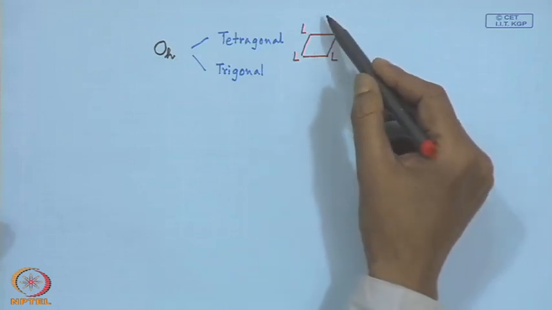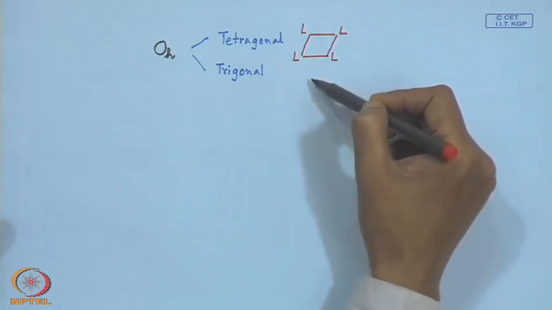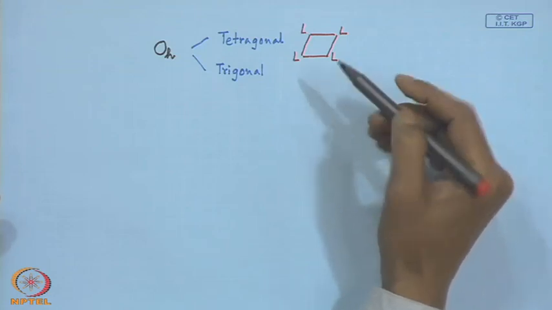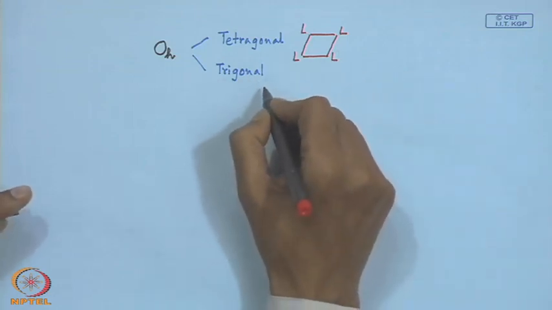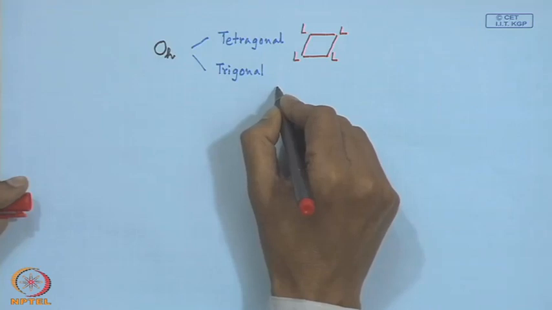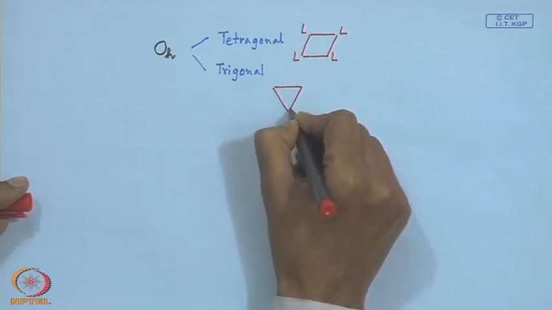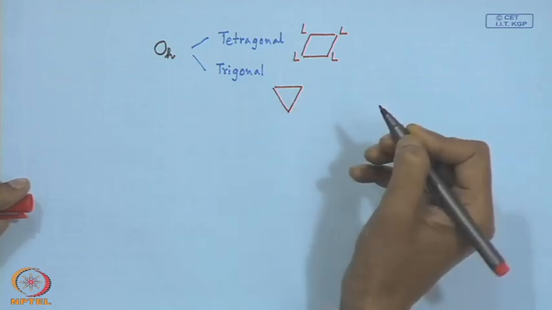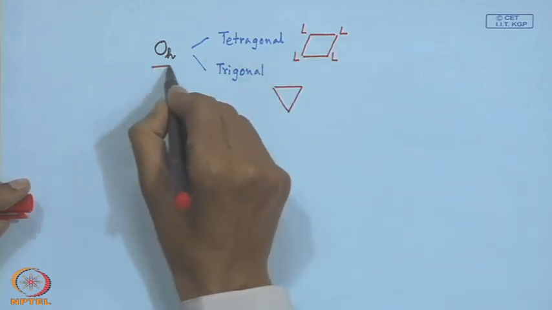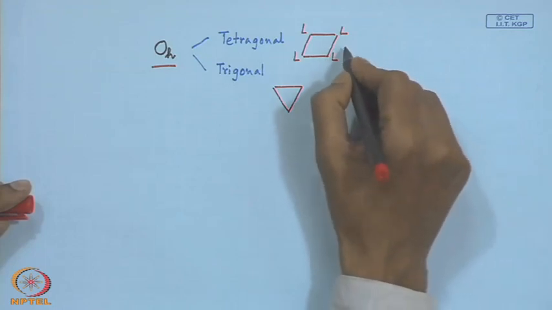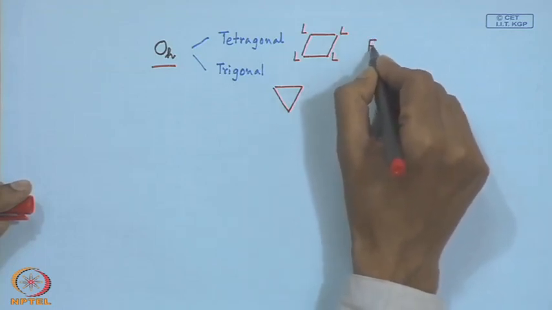One is above the square plane, another is below the square plane. But when we talk in terms of the trigonal distortion, we will be focusing our attention on the corresponding trigonal planes, because one particular octahedron can have 4 such